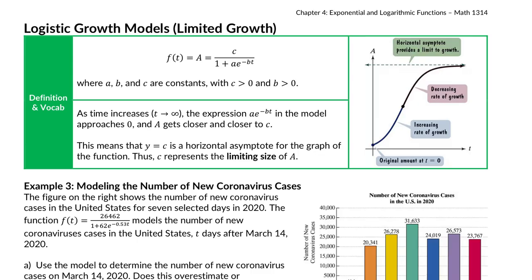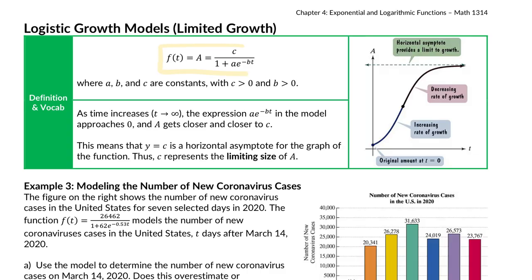In which case, we now need to look at what are called logistic growth models. Not exponential, not logarithmic, logistic. Do you see the difference in how that's spelled? A logistic growth model is a growth model that takes into account the fact that in real life, things can't go off to infinity. They're eventually going to plateau out at a particular number. The formula for